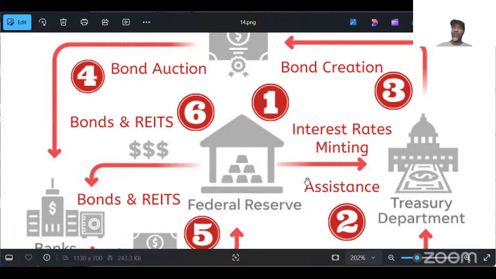Now, let's go back to number two. Number two is the US government. They will also make decisions on giving stimulus to our economy. Maybe they're giving it to a bank bailout, a corporate bailout. Maybe they're giving a stimulus like they did for the pandemic. Any kind of stimulus that they're giving inside of the economy, or they're giving foreign aid.